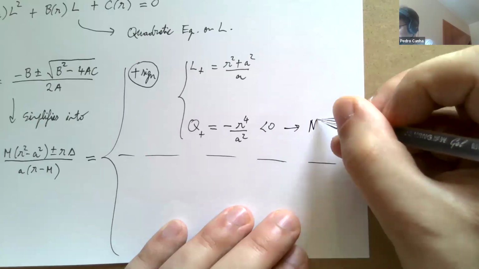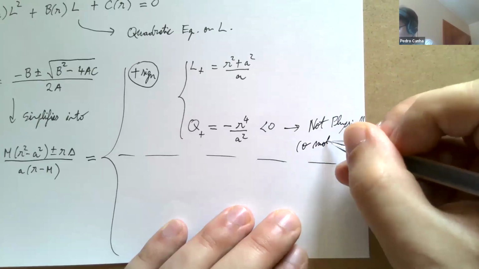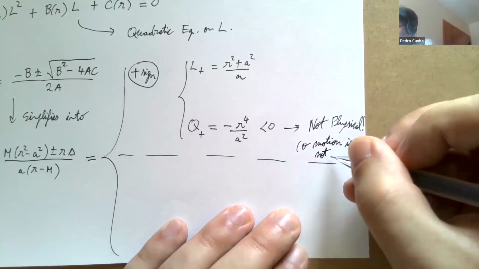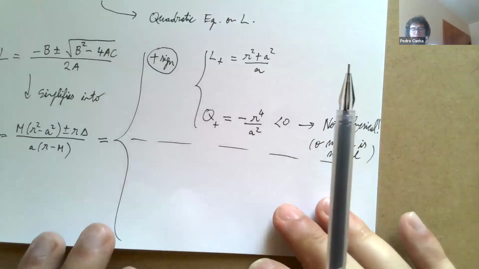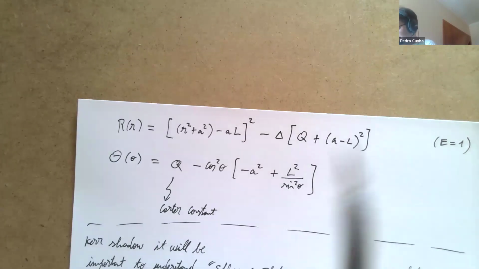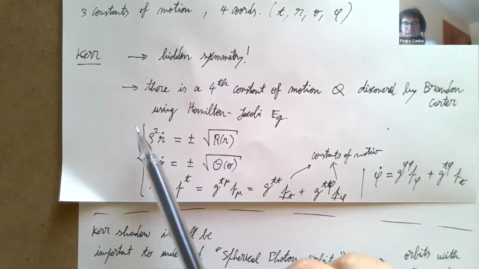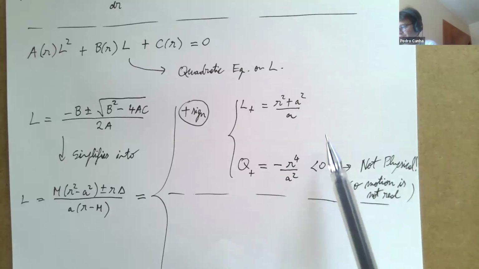It's never physical. It's not physical because the theta motion is not real. You'd get complex values. In a way, because the capital Theta function will be negative. And if you remember, we had before a square root of that function. And so everything is fine for the radial equation, but for the theta equation, you have a problem. And so that explains why this solution branch is never physical. Now, that was for the plus sign. For the minus sign,